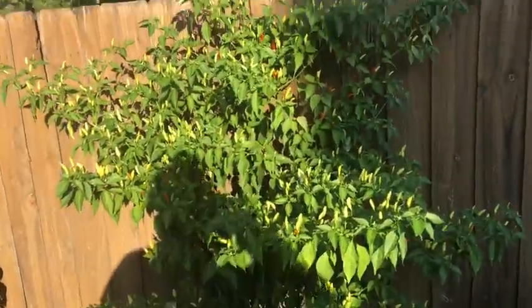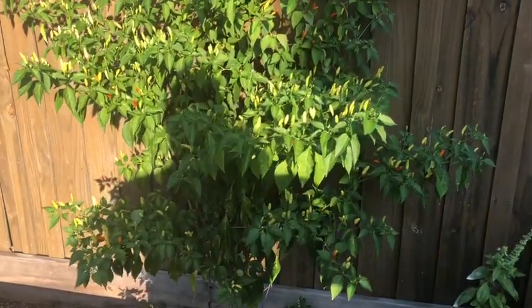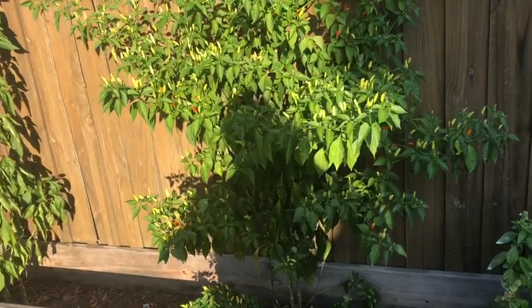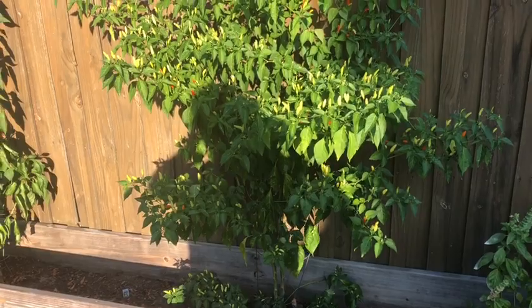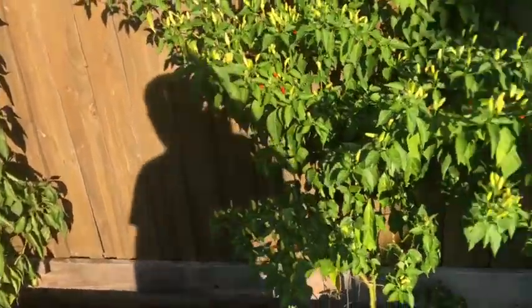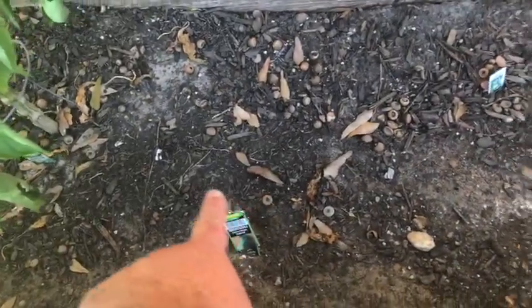These are my Tabasco peppers. Now these are looking really good. The rats did give these a good-hearted attempt. There were several peppers that had been chewed on, but nothing was eaten. I think they learned their lesson very quickly with the Tabascos. And let's see, if we zoom in here, I had broccoli here, I had cabbages here,